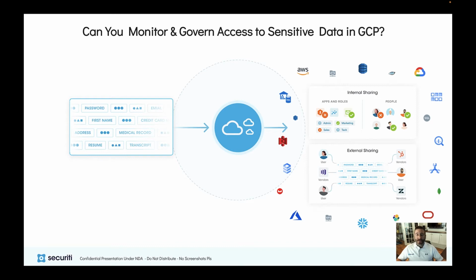With the sensitive data flowing into the cloud, it is imperative to monitor and govern access as well. This includes internal users as well as external sharing. We should always strive for a least privileged access principle. Consider monitoring user behaviors if they haven't used a system that contains sensitive data for a long period of time. Perhaps really they don't need this access.